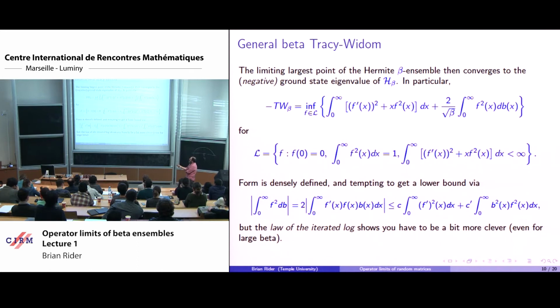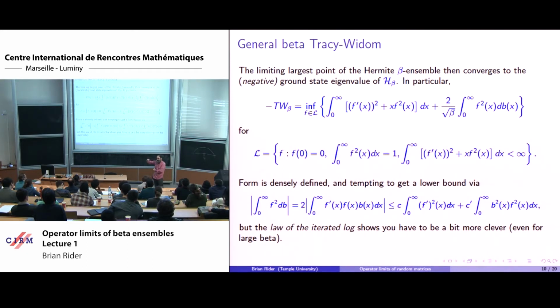And so here's something that you would try first. You say, well, I'll just take decent enough functions. This is certainly true. What do you need to do? You need to hide this bad part of the form under the good part. You need to control the stochastic integral by the positive part of the energy. I got an f prime, I got an f. Let me just apply Cauchy-Schwarz to this. I can put a small constant here and hide the f prime squared under this term. But then you get a constant times B squared f squared. And if you know something about Brownian motion, as x gets large,